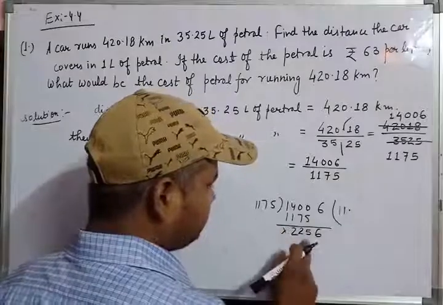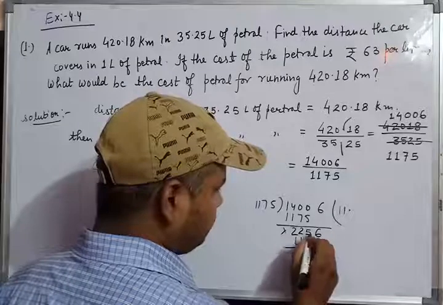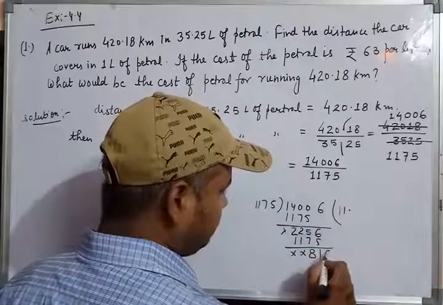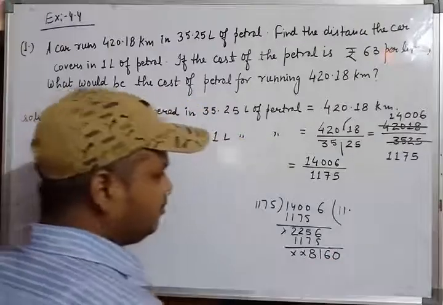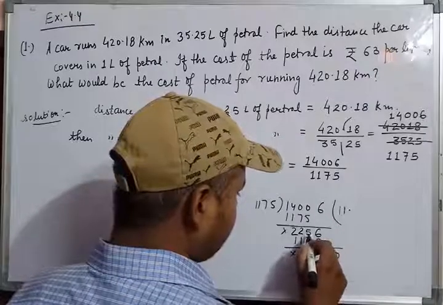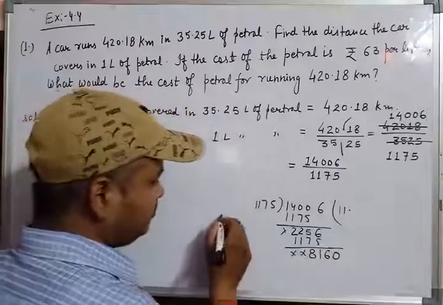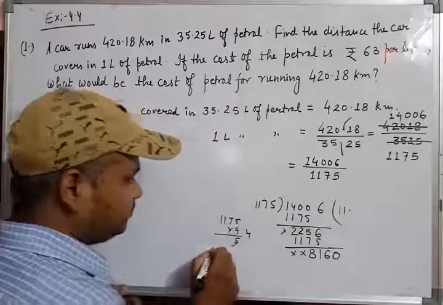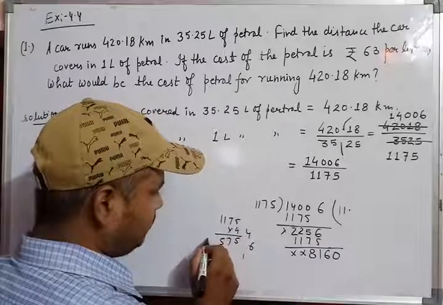Again we divide this by this, then 1175. 6 minus 5 is 1. 15 minus 7 is 8. Now we can write 6 here and put the decimal and write this 0. Now 6 minus 5 is 1 and 15 minus 7 is 8. So we can write 1175 into 9, then we get 9 5s are 55, 9 7s are 63 and 4 is 67, and 1 9 or 6 15 and 9 or 1 10.